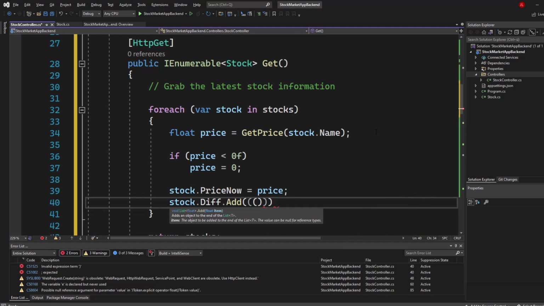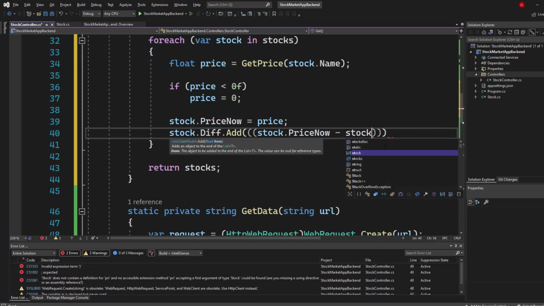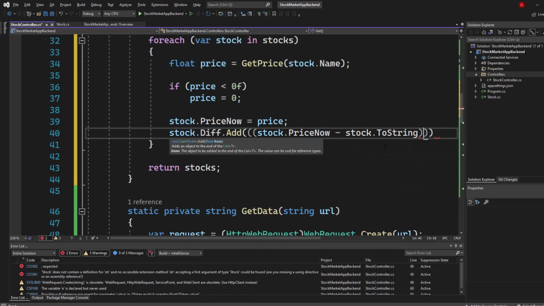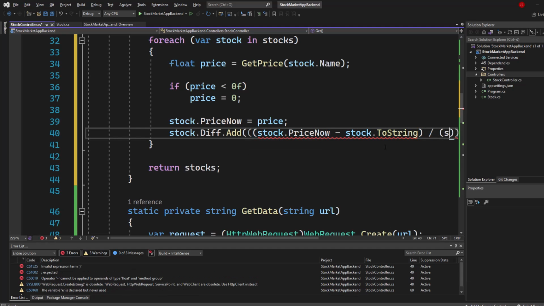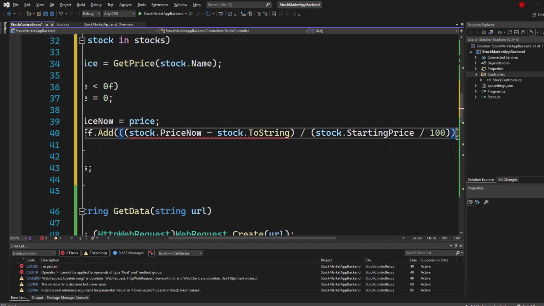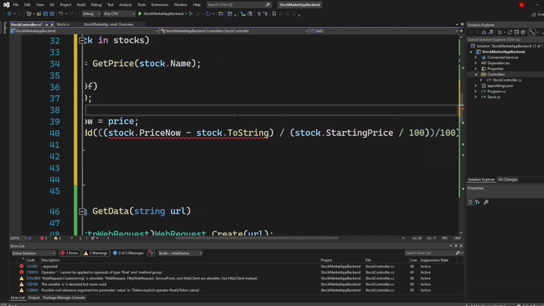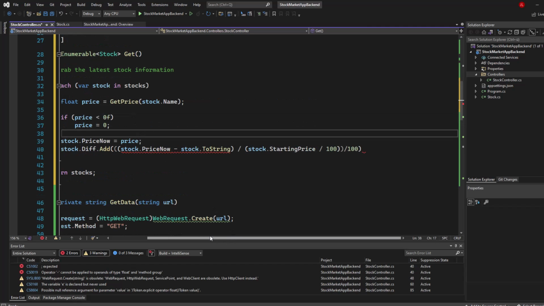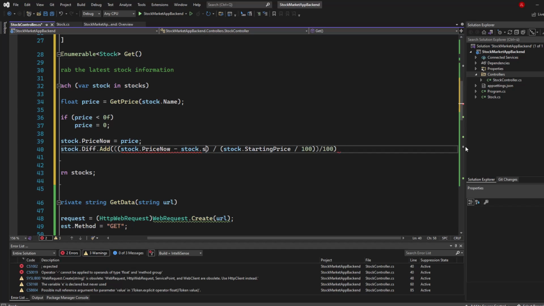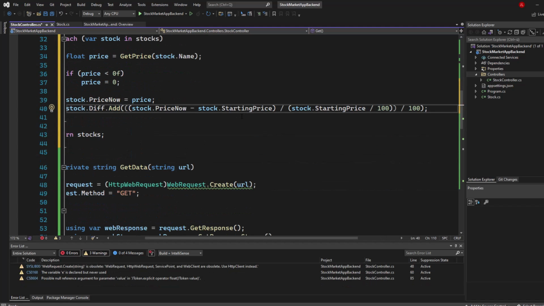What we're gonna do is, I mean, it doesn't look simple right now, but it is stock.price now. We simply take the price now and just subtract the starting price. Now let's divide that by stock.starting price divided by 100. And all of that is again divided by 100. So we divide it by 100 again because we want to have the difference in percentage. So we take this price now and the stock starting price. There we go, not to string, right? Stock starting price. So stock now and stock starting price,